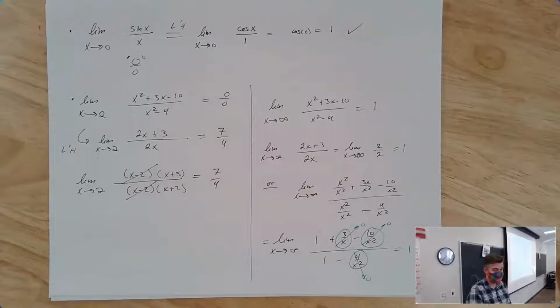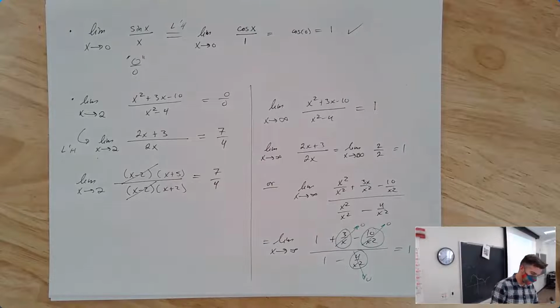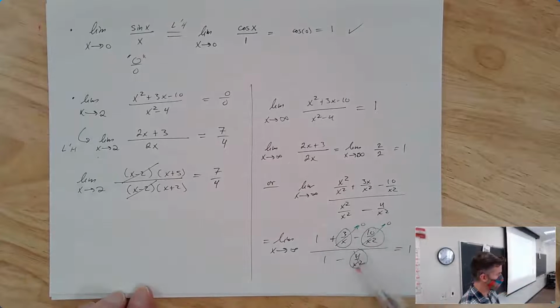But I want to stress again, you can only use that trick about it being the quotient of the leading coefficients if the limit is as x goes to infinity or negative infinity, but not to anything else. Specifically, it's because of this step right here. All the stuff at the end cancels out because x is going to infinity.